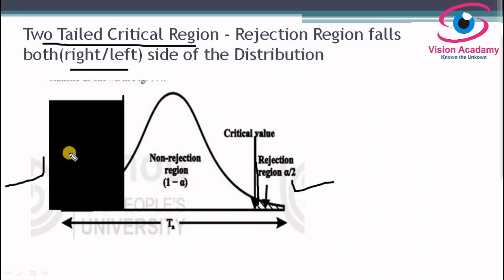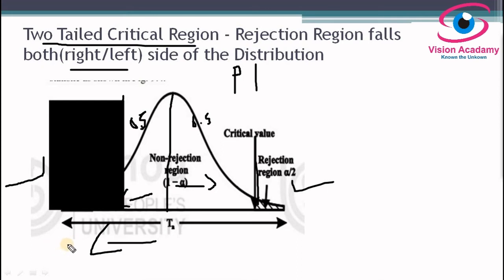And you might be thinking why this is shaded and why this is a critical value. The whole distribution is symmetric about its shape, which means if you take the center of it, since you are considering the whole distribution as a probability of 1, this right side area corresponds to the left side area. In the sense, this left side is 0.5 and this right side is also 0.5. Whatever value we get here is a negative value like -1, -2, -3, and whatever value we get here is a positive value, that is +1, +2, +3.